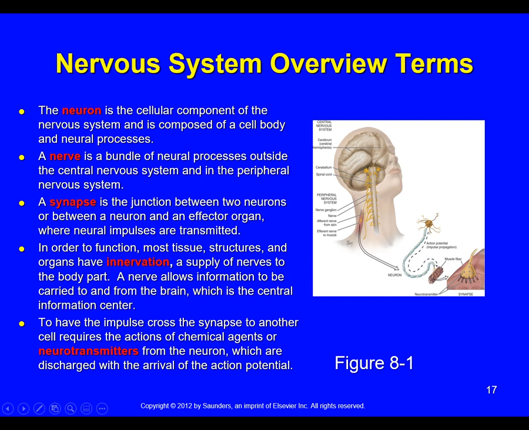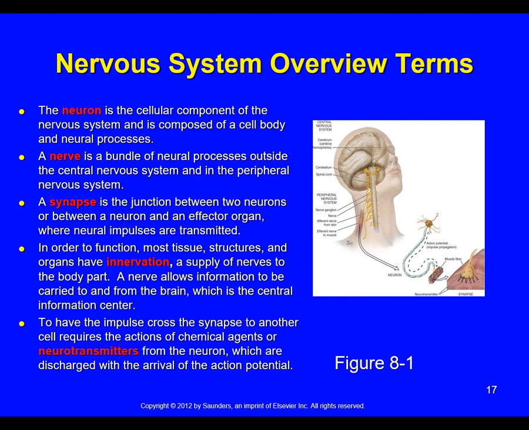Couple definitions, just so you can think about how the nervous system is conducting the business. The neuron is a cellular component of the nervous system and is composed of a cell body and neural processes. And then a nerve is a bundle of neural processes outside the central nervous system in the peripheral nervous system. The synapse is the junction between the two neurons, or between a neuron and an organ, where the impulses are transmitted. And in order to function, tissue structures and organs have innervation, a supply of nerves to that part of